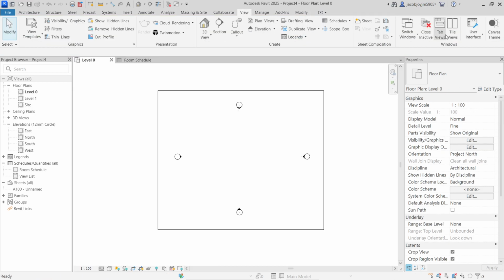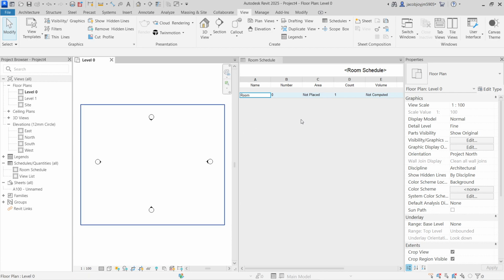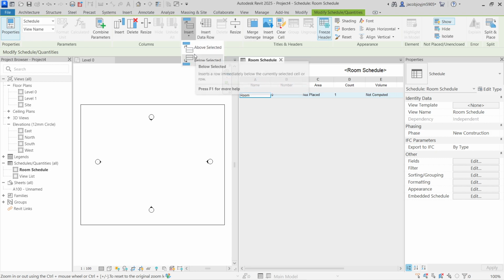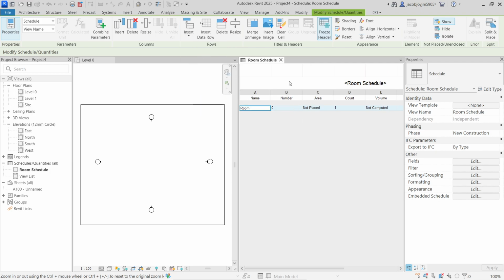Let's go to View. Now here you can see clearly, I am in the room schedule. I have not placed any room, but there is a room created in the room schedule. If I need more rooms, I can insert a row above selected or below selected. This is for adding the title. So, insert data row. You can see I'm adding multiple